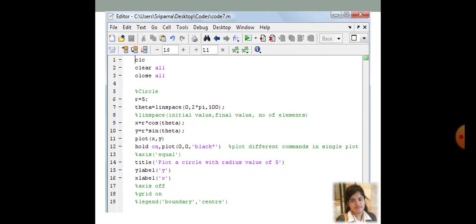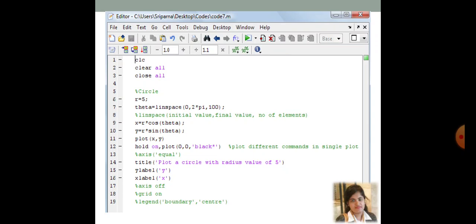Okay. Now the second, line number 12, you can see is the hold on function. So why hold on? Suppose you need to generate more than one plot. MATLAB has a feature where, if you generate one plot after another, they are generated within a single figure.